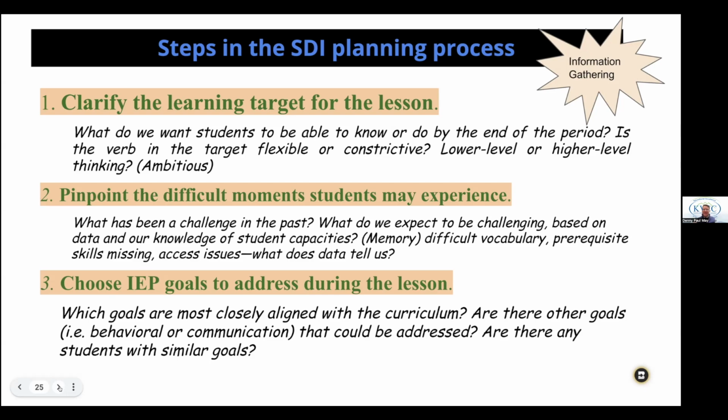We have to think outside the box, and we have to try to combine some of these things, because we may have 7 or 8 students in a class who have IEPs, and they have different kinds of things going on. So we really have to have intentional planning, and we have to look at those goals, look at the content of the lesson, and be able to combine those things.